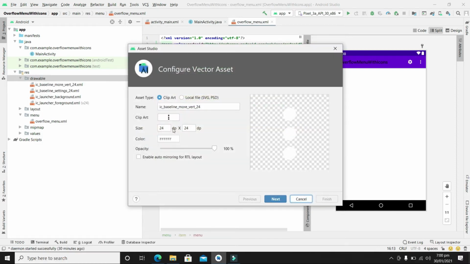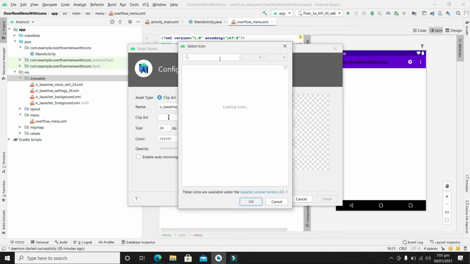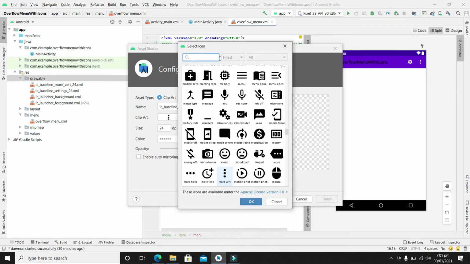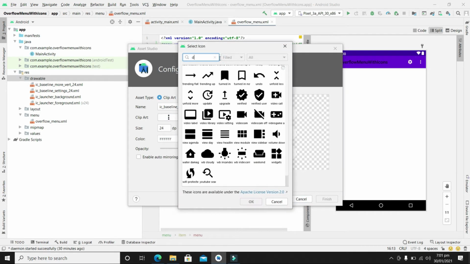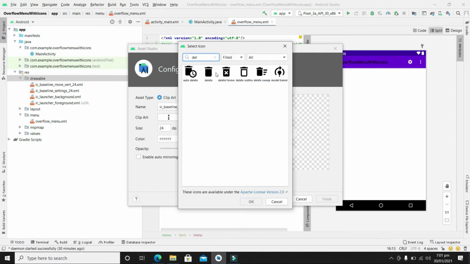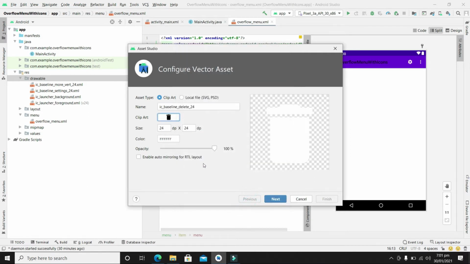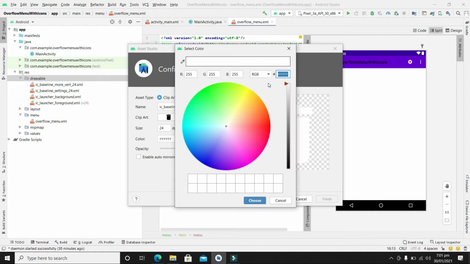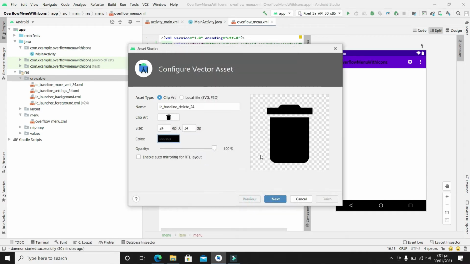From the vector assets, click on this and from here select delete. Click OK. Click on the color and from here write zeros, because we want black color here since it will be displayed against a white background.